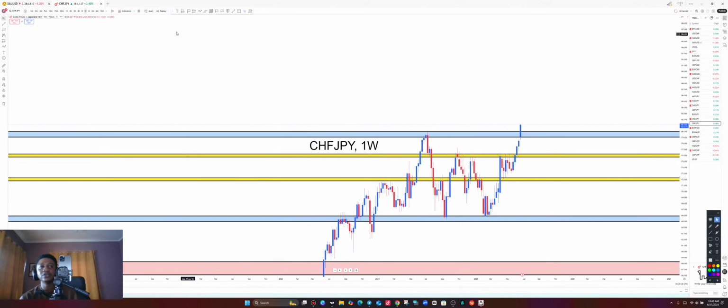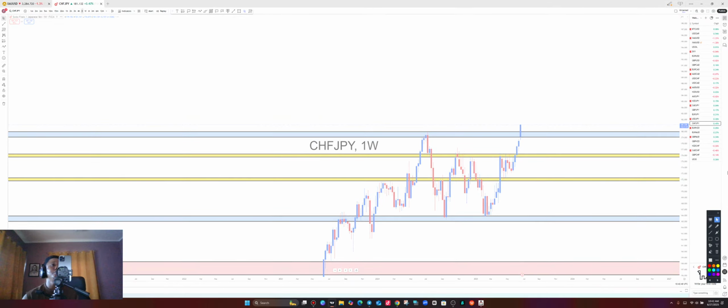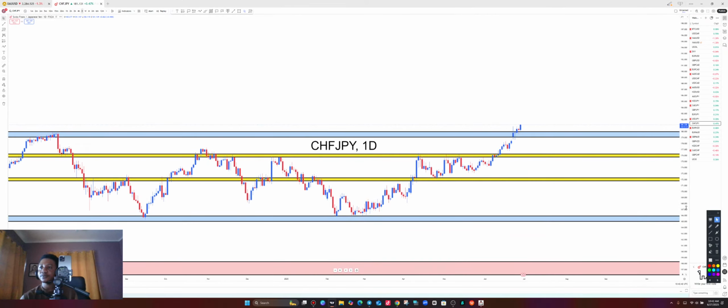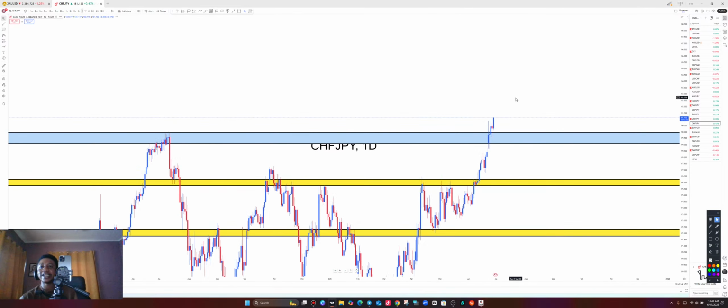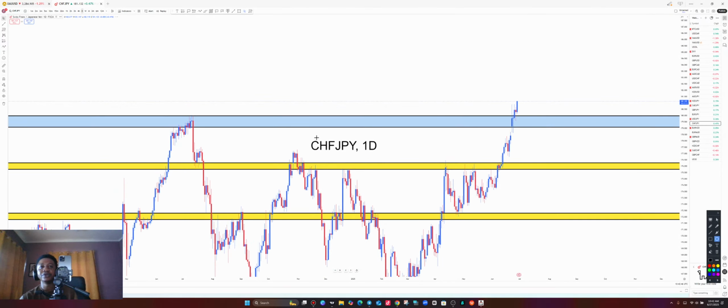All right, so taking again to daily time frame to continue with the flow of this analysis. This is also a daily time frame. We are seeing the exact same thing. Price has managed to break above the resistance level. It is going all the way up. There's not so much to talk about here on the daily. So let me take you quickly to 4H so that we can prepare for entry to the upside on NZD JPY.